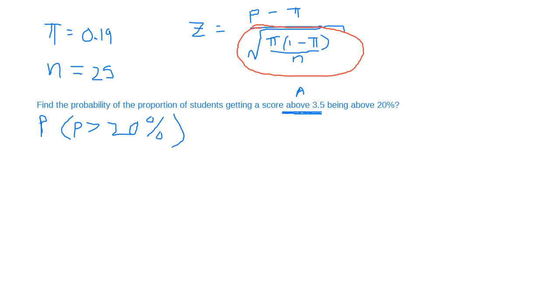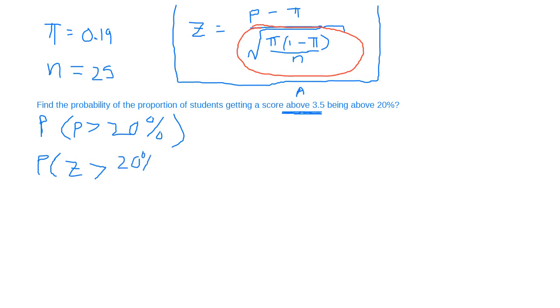And remember, being above 20%, that's greater than. All right, thanks, Danny, and thanks, Sonia. Fantastic. So you want to find this probability. To convert this p to a Z, we would use this formula, because this formula has that p value. Thanks, Alan. So now it becomes Z, and we're no longer talking about the small p. We follow this formula: whatever we do to the left, we must do to the right. So this is 20%,